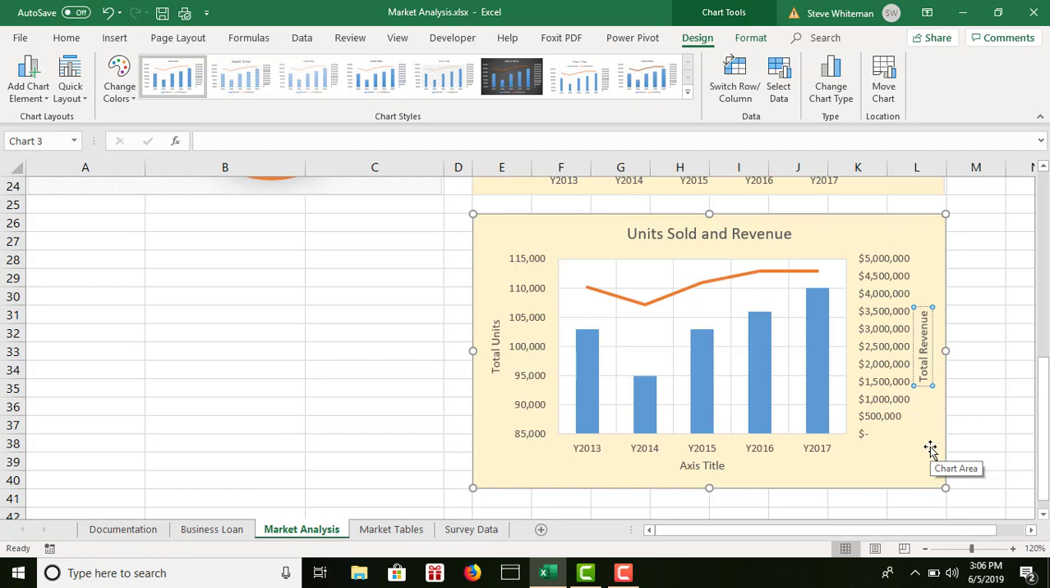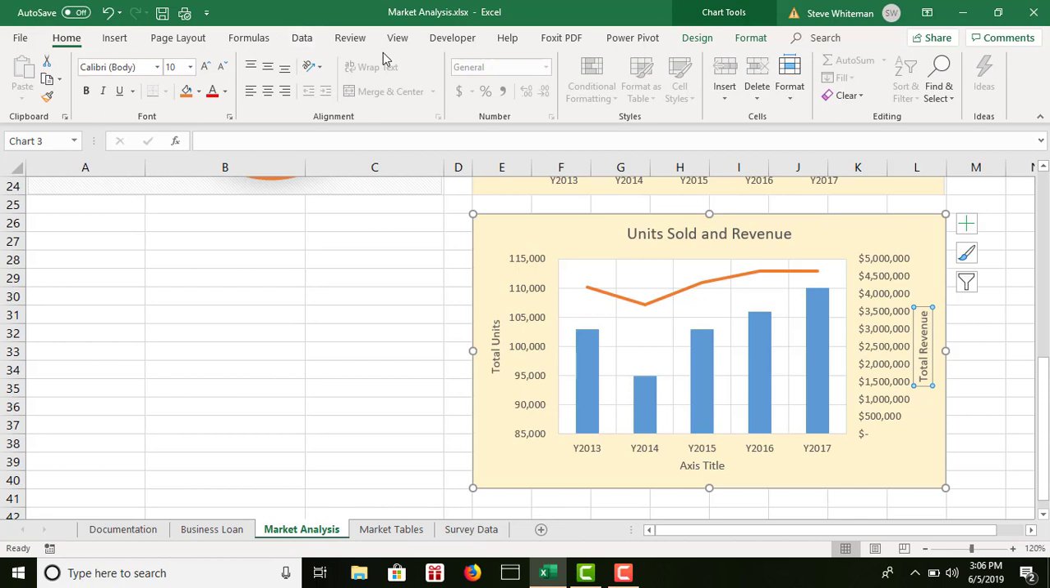Rotate the secondary axis text down. So with this highlighted, if it's not highlighted for you, just click on it. I'm going to go to the Home ribbon. I'm sure there's another way to do this, but I like to do it this way. Home ribbon, and I want to go to,